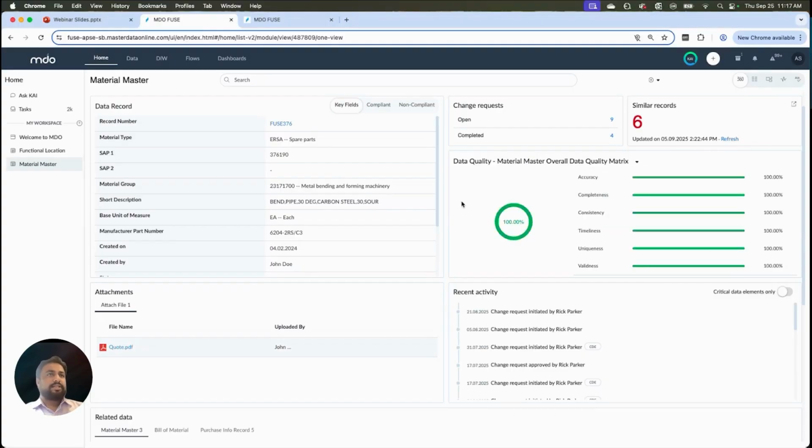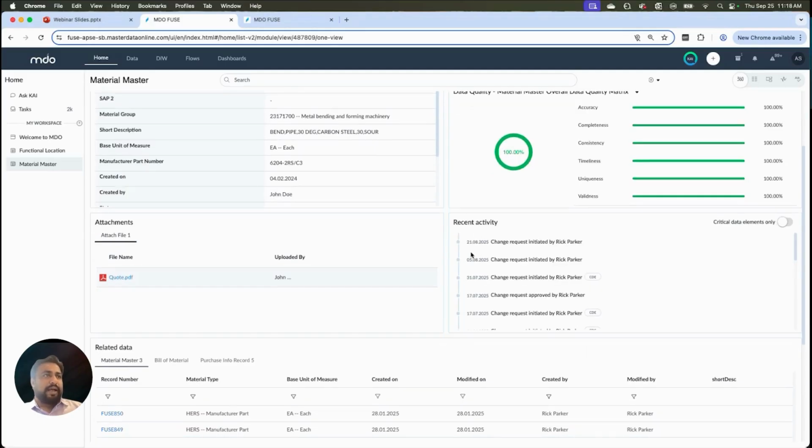So this is how the DQ output or the data quality checks can be done. We can identify if there's a failure in completeness, if there's a lower score for completeness, then I'll see what particular rules have failed, falling into the non-compliant set of records, and then the user can start a change request process to fix that data. So that's how a quick analysis can be done from a DQ perspective.